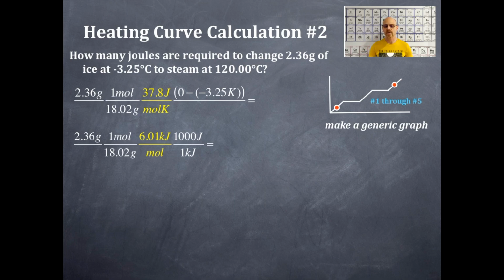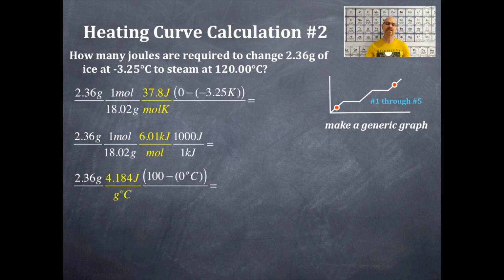Now we need to do step number 3. Step number 3 is the heat of fusion for water. Okay, now if we use the molar heat of fusion for water, that's about 75 joules per mole Kelvin. But I gave it to you in joules per gram degree Celsius on the generic heating curve. So